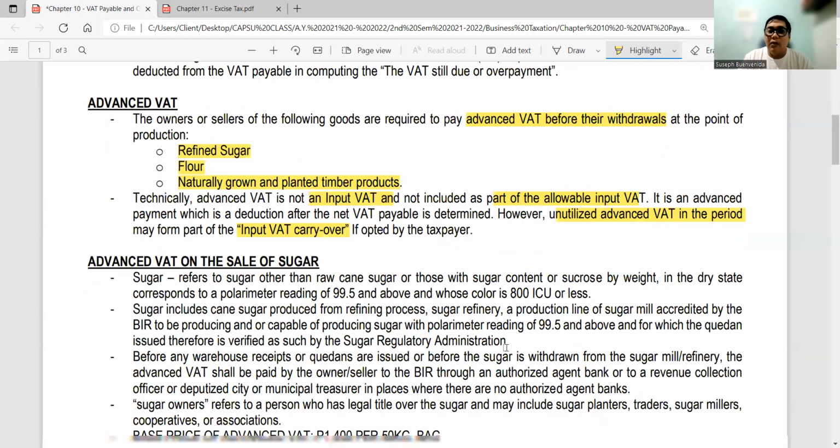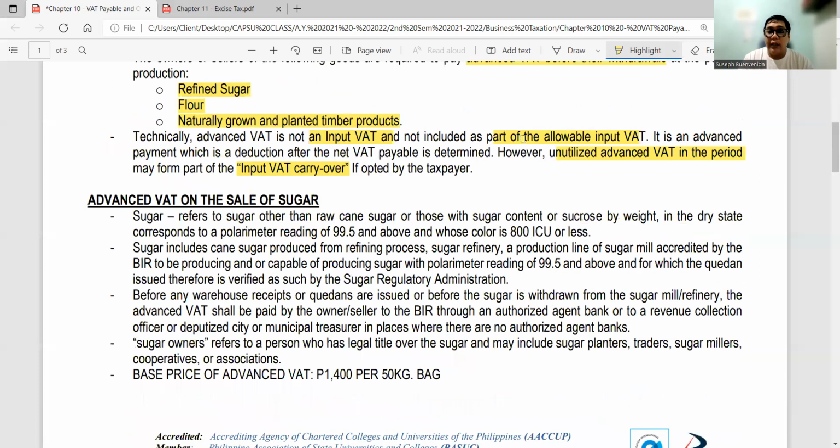So, what are those advance VAT on the sale of sugar? Okay, so let's define first what is sugar. Of course, when we say sugar,